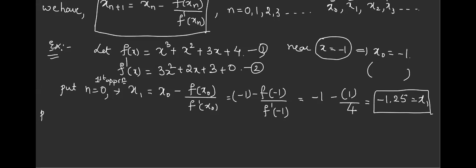Now, in the same iterative formula, put the next value of n. What is the next value of n? Take it as 1. If I put n as 1, what do I get? x 1 plus 1 is how much? 2. So n is 1 means x2 equals x1 minus f of x1 divided by f dash of x1. All of you agree with this? Can you tell me what this is called? This is x2.